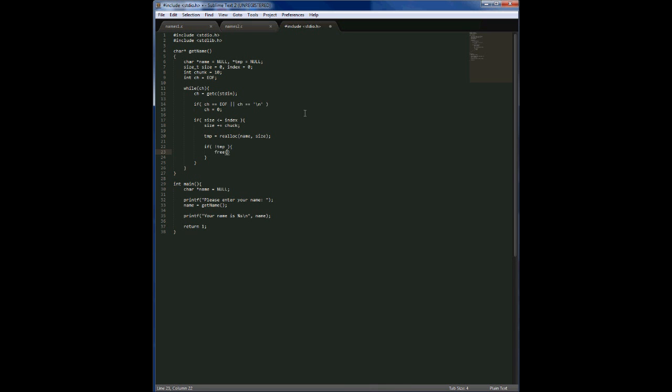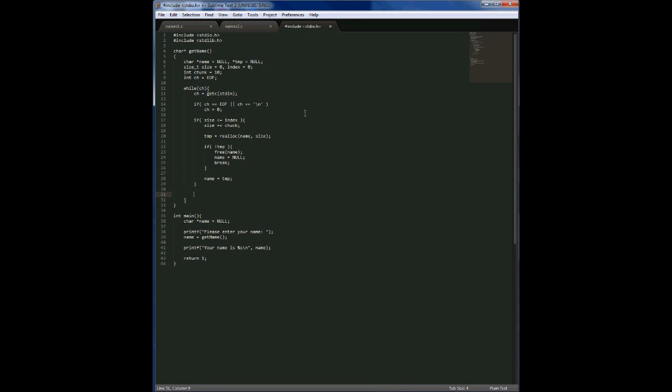If it wasn't, we'll free the space that was used, set name equal to null, and break from the loop. And otherwise, name is going to equal temp. Then we exit out of this if statement,